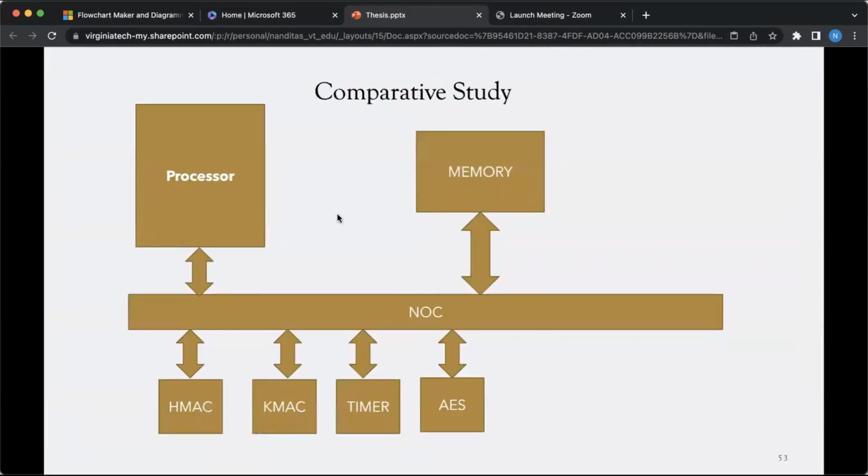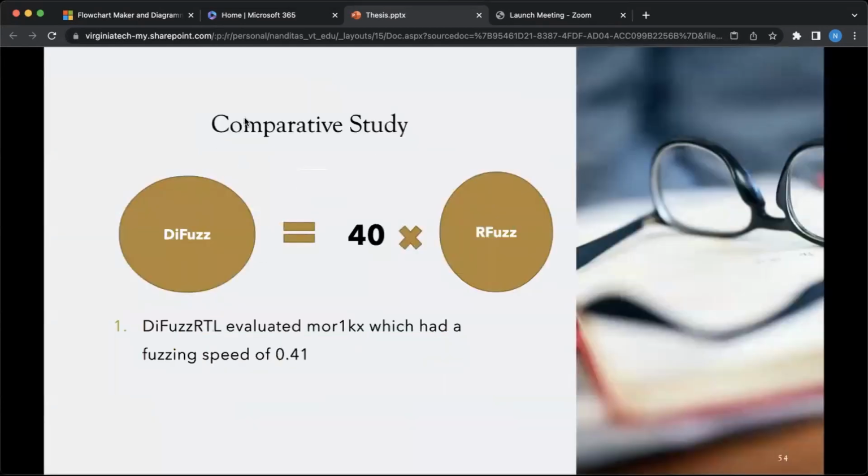And now we will be talking about the comparative study. We do have a paper in which hardware is fuzzed like software, which has a very good mechanism for fuzzing all of these peripherals. Whereas we have two papers, RFuzz and DifuzzRTL, which are there to fuzz the processor. According to their paper, DifuzzRTL has proven to be 40 times faster than RFuzz.